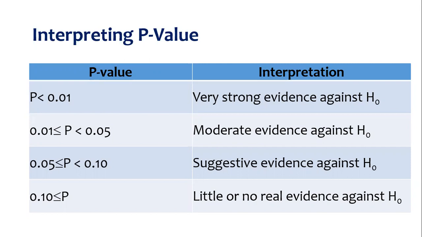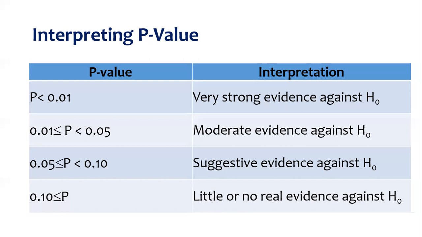So for example, if your hypothesis says there's no difference between the height of male and female, and your p-value after doing analysis shows that it's less than 0.05, you will reject that, because it means that there is a significant difference between the height of male and female. If your null hypothesis said there's no significant difference between the height of male and female, and your p-value after analysis is less than 0.05, you will reject that null hypothesis that said there's no difference, and you will say there is a significant difference between the heights